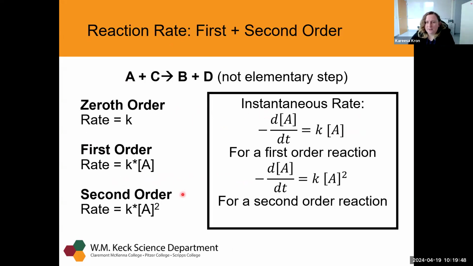So this is just a review of what was at the beginning of the last slide, but for zeroth order, first order, and second order reactions that depend on k, we can also write instantaneous rates where we connect how quickly A is disappearing or being consumed as a function of concentration, because it's related to the rate and the way that this reaction is proceeding. And the difference between a first order and a second order reaction is this exponent here. So when we have to integrate this expression, they're going to take different forms because they have different dependencies on